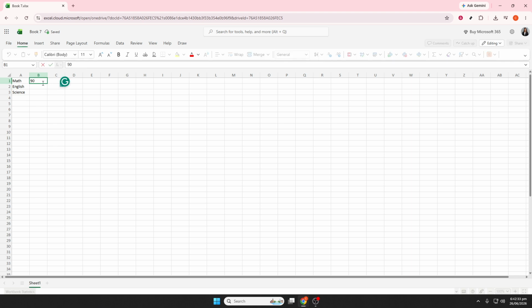At this point, Excel will return the result as a decimal. So instead of showing 85% right away, it may show 0.85. That's completely normal because Excel is calculating the ratio first. Now click